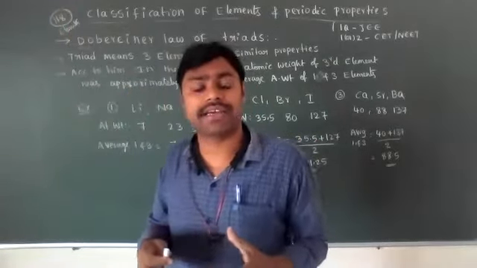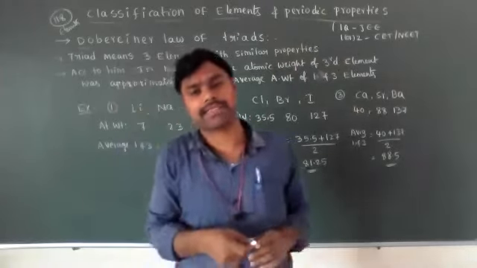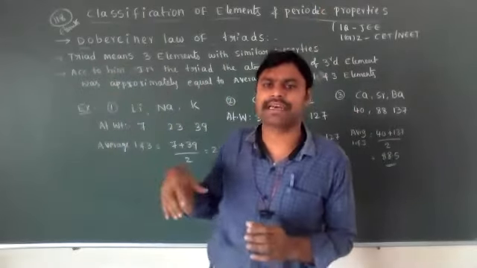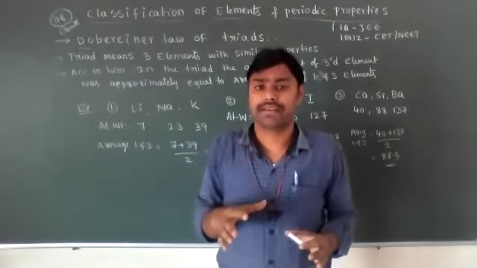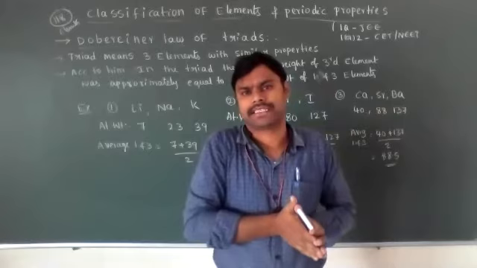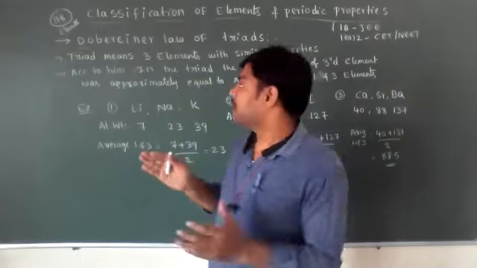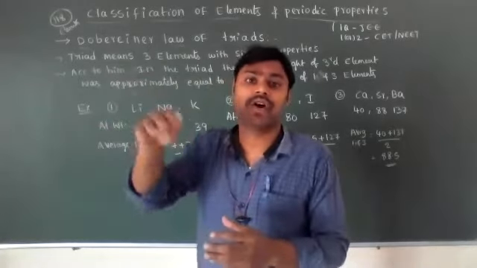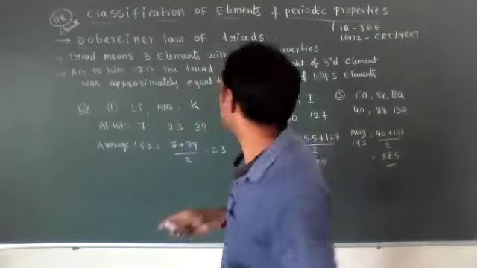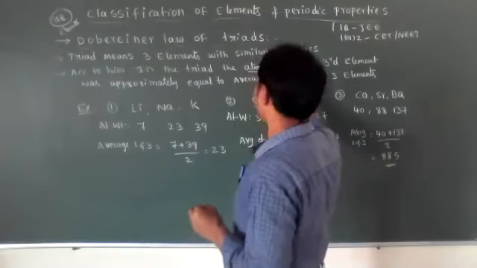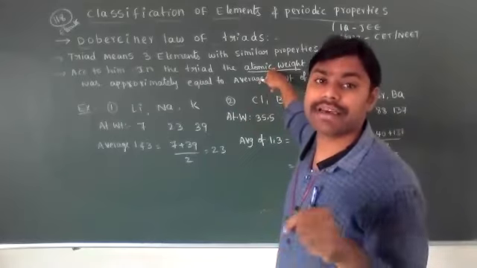It is very difficult. That's why, based on similar properties of elements, if we place them in one particular place, we can remember very easily. So they tried to classify the elements having similar properties. Among those, the first theories of classification of elements all considered atomic weight as a basic property.